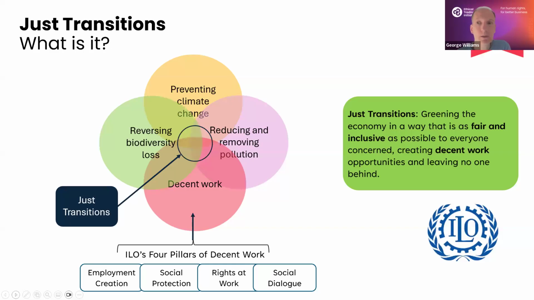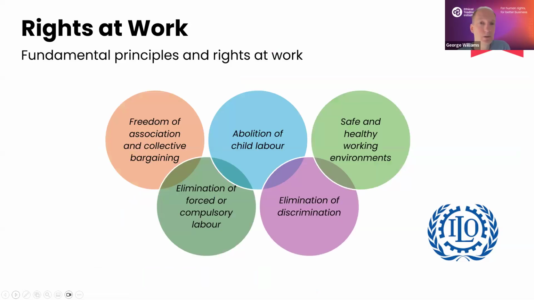And when it comes to rights at work specifically, it's always worth referring back to the five fundamental principles and rights at work as defined by the ILO. So just a quick recap on those. We're talking about freedom of association and collective bargaining, again, something that came up on the word cloud, the elimination of forced labor, the abolition of child labor, the elimination of discrimination, and also, of course, safe and healthy working environments. And all ILO member states agreed to promote and uphold these fundamental principles and rights at work. And so they sit very much at the center of the decent work agenda.